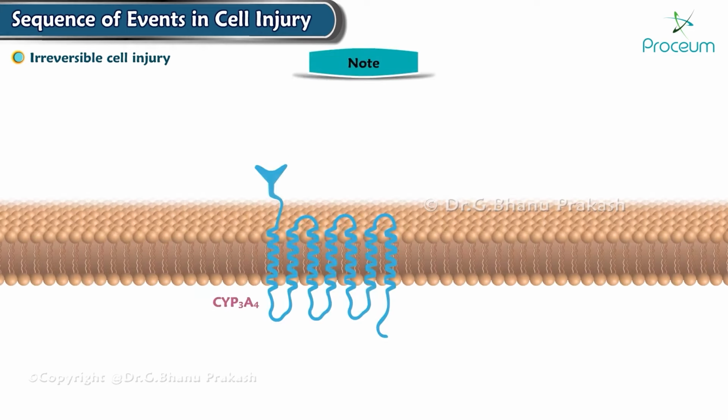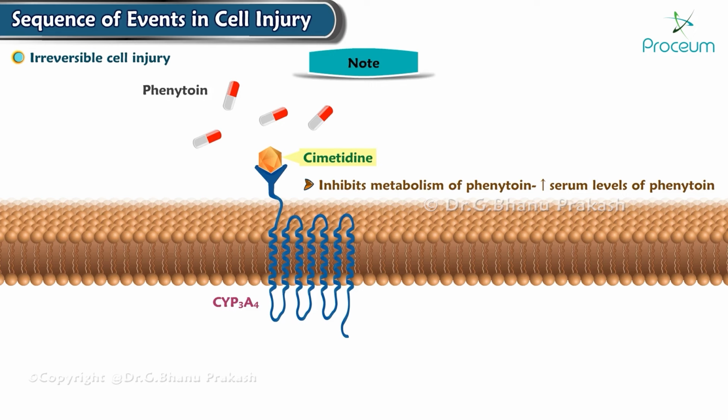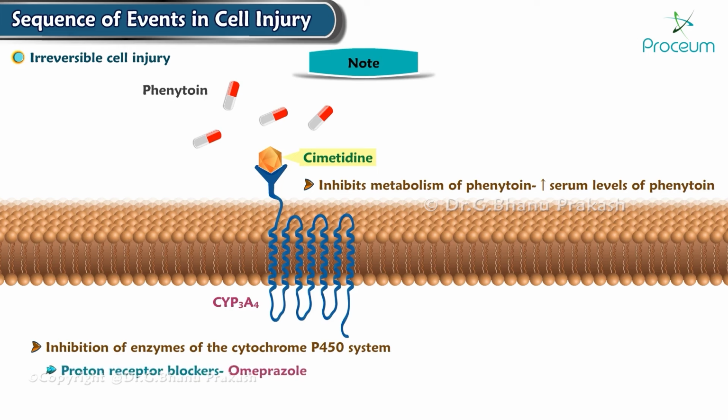Note: the inhibition of enzyme synthesis in the cytochrome P450 system causes decreased drug metabolism and higher than expected therapeutic drug levels. For example, cimetidine inhibits the metabolism of phenytoin, leading to high serum levels of phenytoin. Inhibition of enzymes of the cytochrome P450 system is caused by proton pump blockers, like omeprazole, and histamine H2 receptor